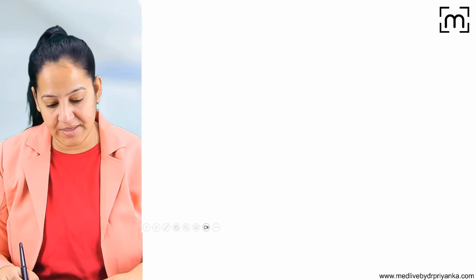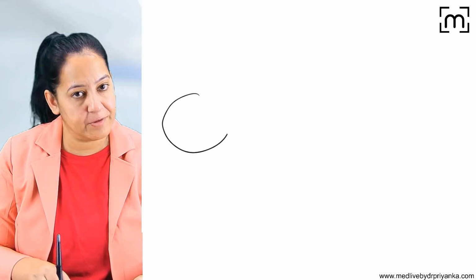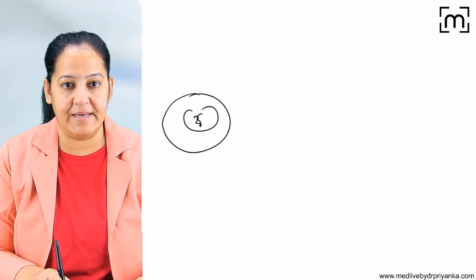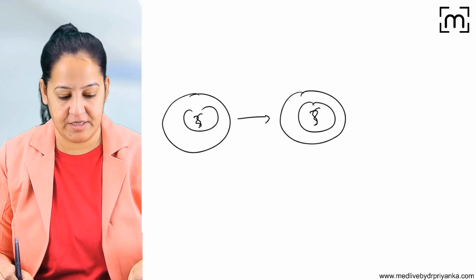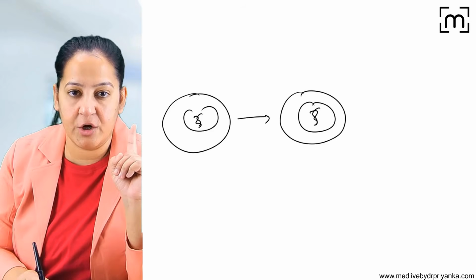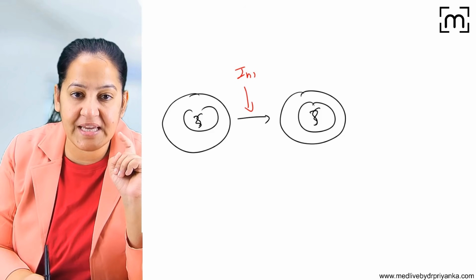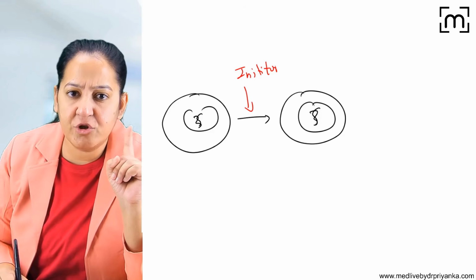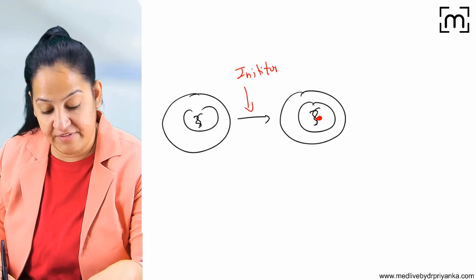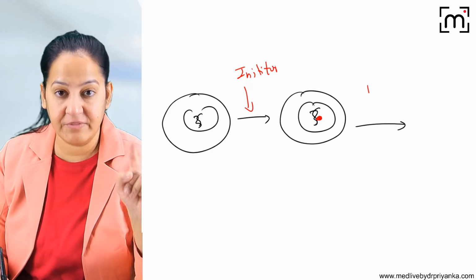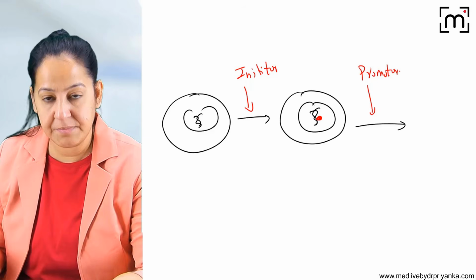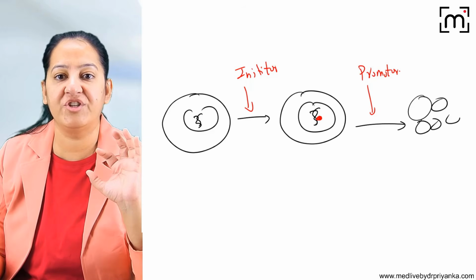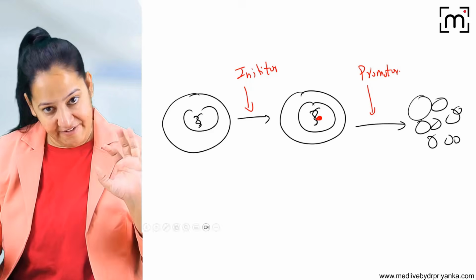So you know till now what has happened. This is the normal target cell. The first thing, it should be mutated and initiated. So first is the initiator. We require a chemical here, known as the initiator, that will lead to mutation. And then we require another chemical. The name of the other chemical is promoter. What will the promoter do? It will cause the proliferation of the already mutated cell. And finally,